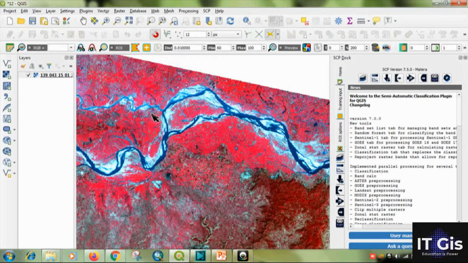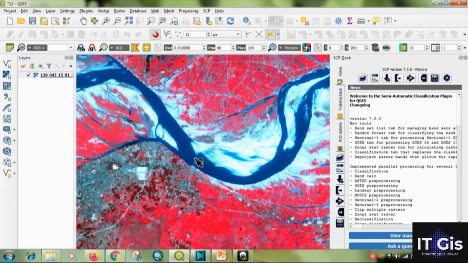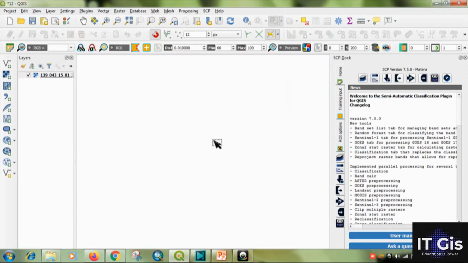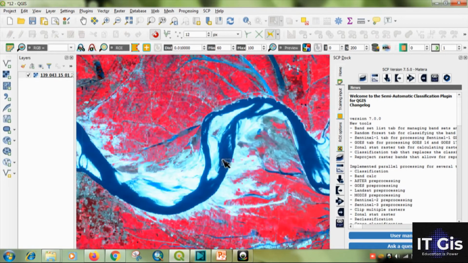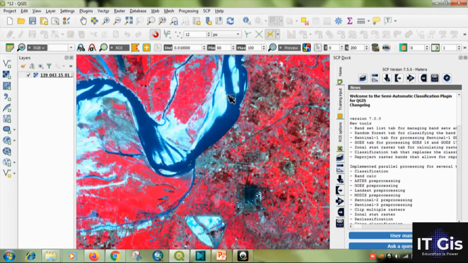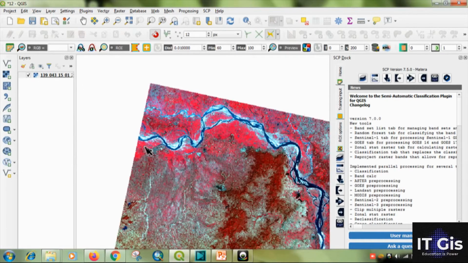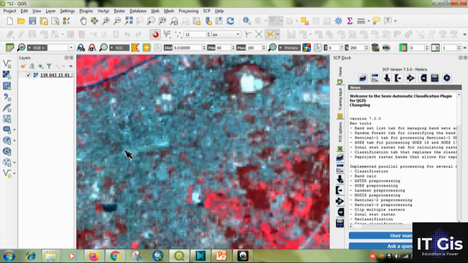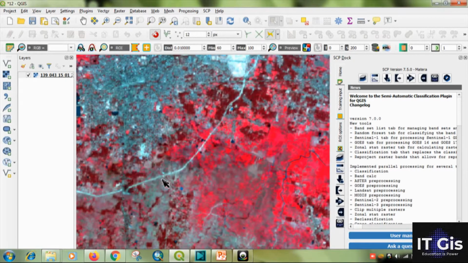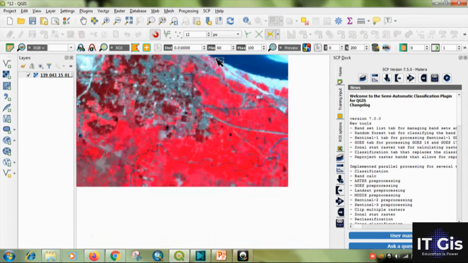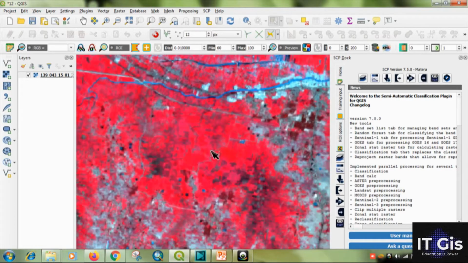You have to make sure how to identify features. Now this is a river, we all know about that. This white portion is a sand deposition. This is an active sand bed, you can see that is a sand deposition. Now if you go here, this is a settlement, and it goes as a road. Now all of these are agricultural land, with an irregular pattern.